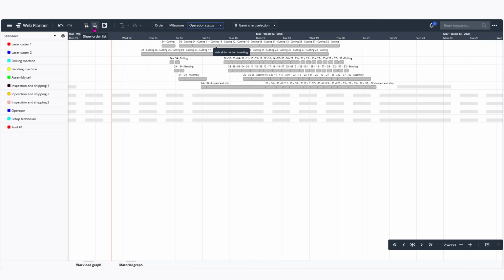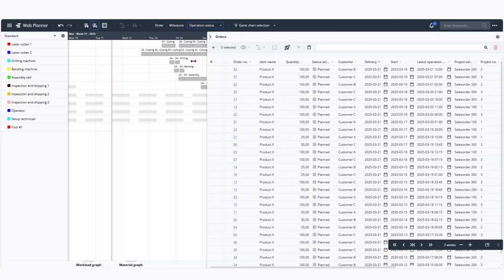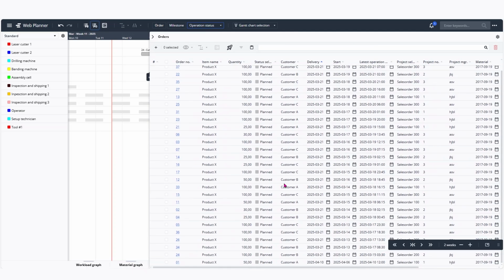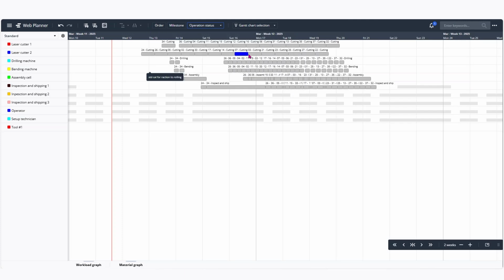They have status planned. So if we go to the order list, we can see in this column that all orders are just planned. So now we want to release order number 7. We release it. It will turn blue and the status is start possible, meaning that now this production order is allowed to be started. The first operation is located on laser 2, and if we go to the operator,